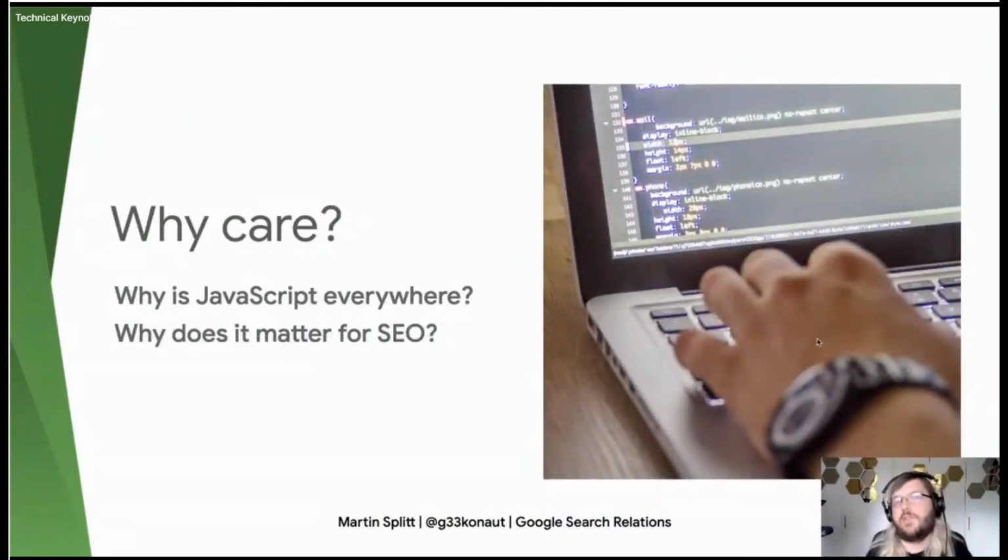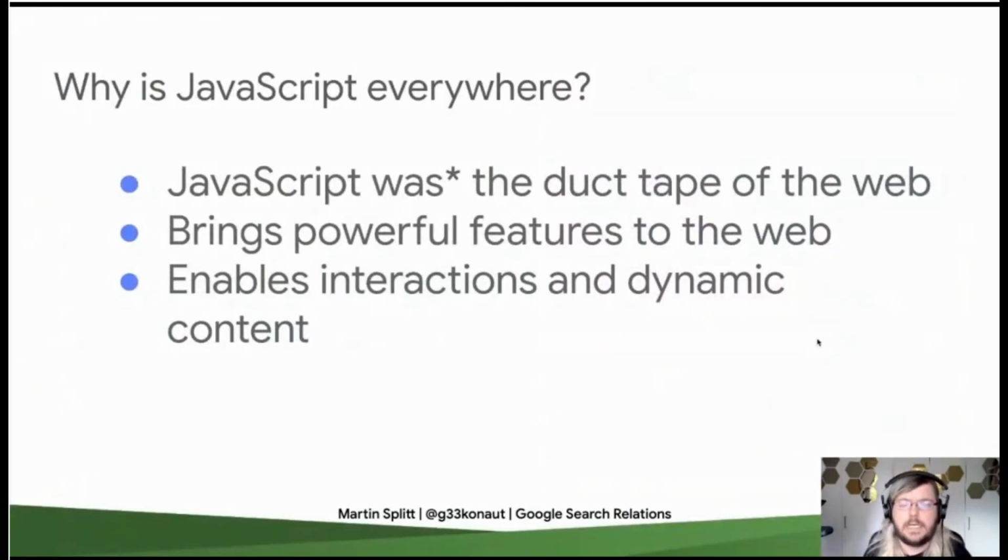So why would you care about JavaScript as an SEO? Why would you care about the things that developers deal with in JavaScript to begin with? And how does it matter for SEO if you're using JavaScript, and how you're using JavaScript? Why is this important? Well,